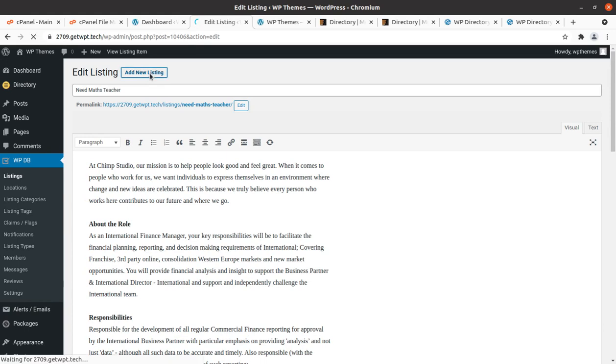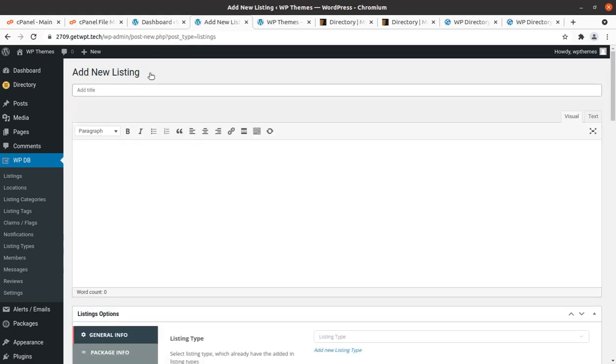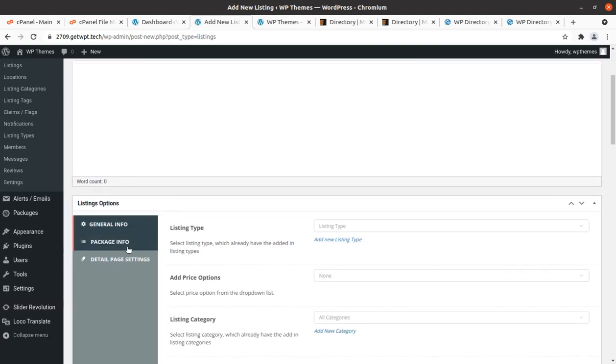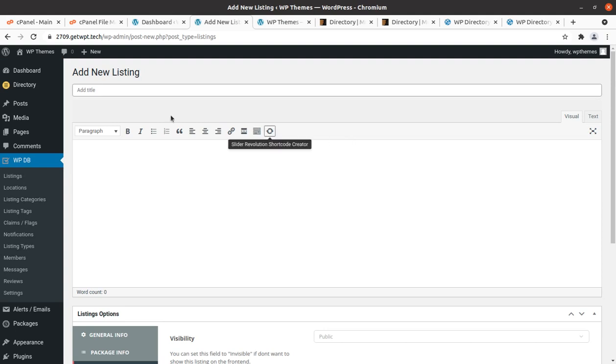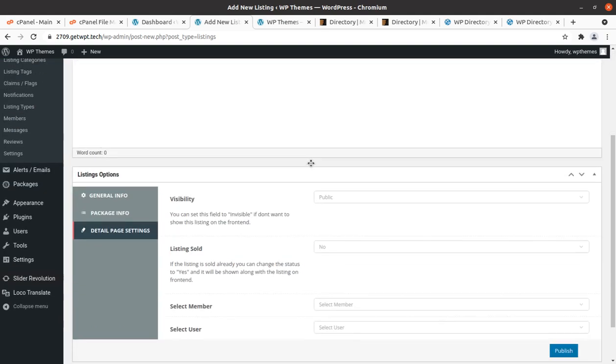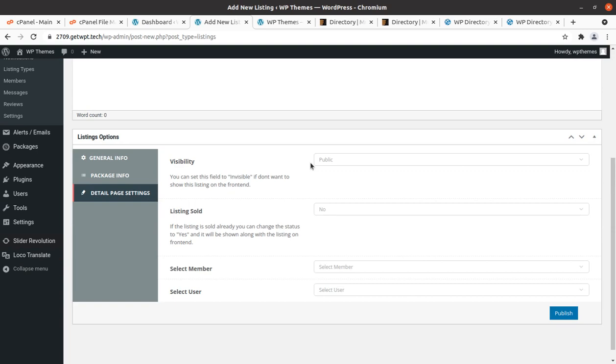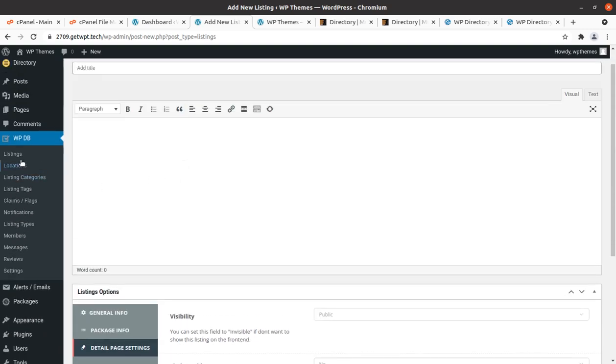So we can also overview the add new listing page. These are the same fields. From this screen you are going to add your listing, and you can customize this screen as well, depending on your requirement. Next are the locations.